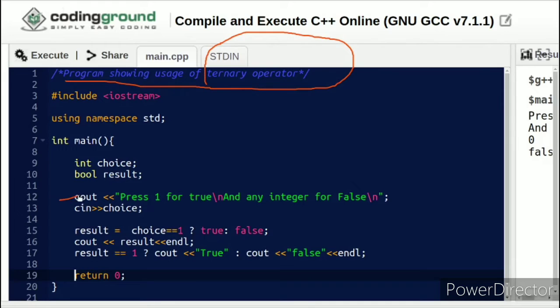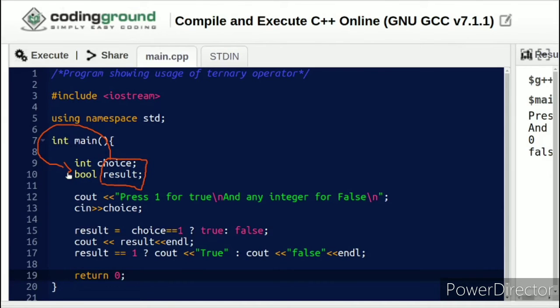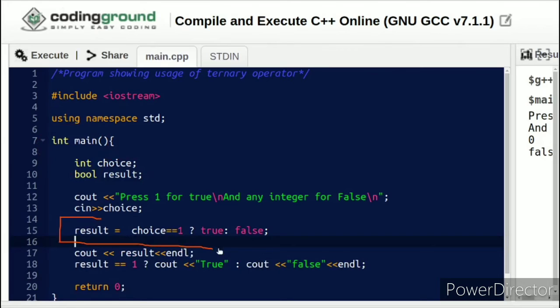In this program, I'm printing a message to the user saying press 1 for true and any other integer for false, and for whatever input is provided by the user, I'm making use of the cin instance and storing it into the choice variable, which is declared as an integer data type. Then I have declared another variable by the name result, which is of boolean data type, and then in this particular statement I am making use of the ternary operator,